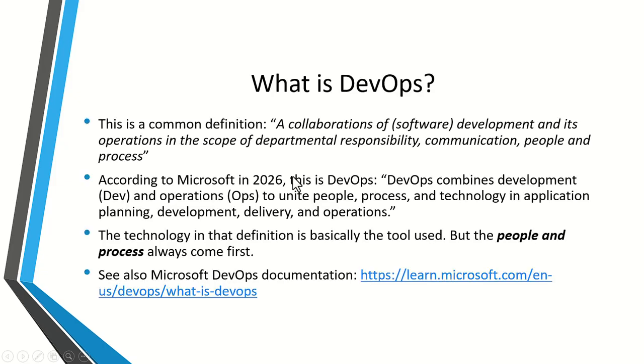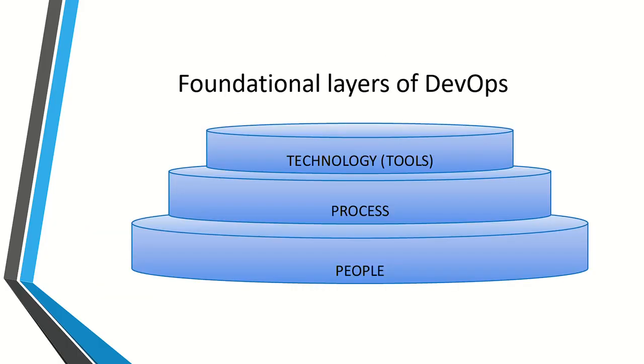So that is why I mention people, process, and technology, not technology, people, process, or technology, process, people. No, no. People and process have to come first, especially the people. I prefer to have this kind of visualization here, the layers of DevOps. So people is the foundation. You need to have people before you can do DevOps, right? That is the simple reason.